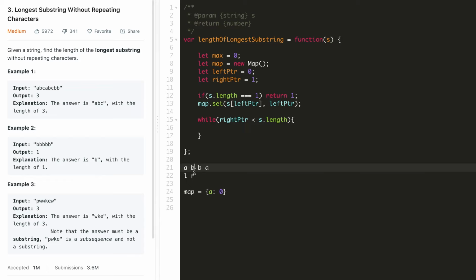The very first thing we want to do is make sure that B, our right-hand pointer, is not A, that our current window doesn't have any repeating characters. And we check that by checking if R exists in our subset or our window. To do that, we go if map dot has